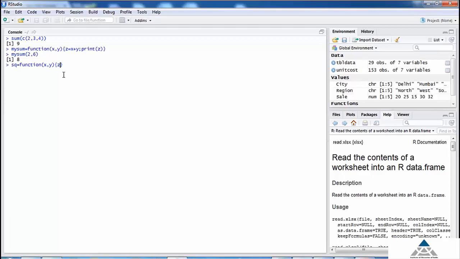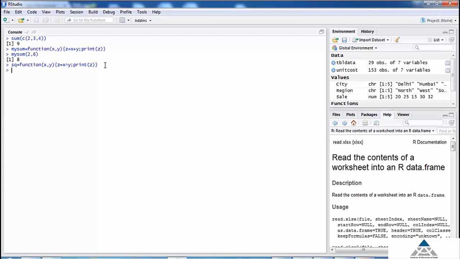We write z is equal to x to the power y, semicolon, print z. Hence, we have taken two numbers x and y, and then we are obtaining the value of x raised to the power y, and finally printing the result. Let us see how we can use this function.